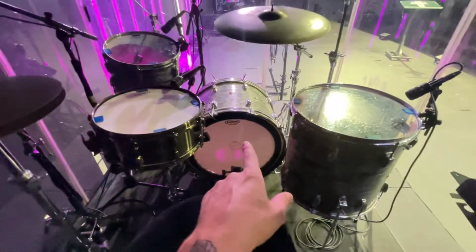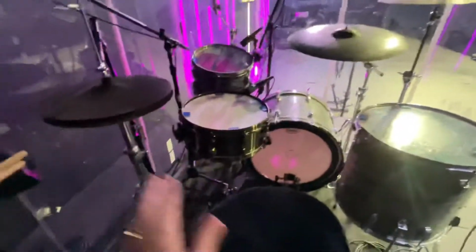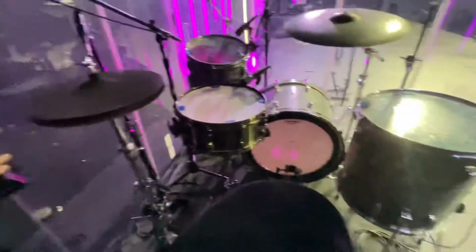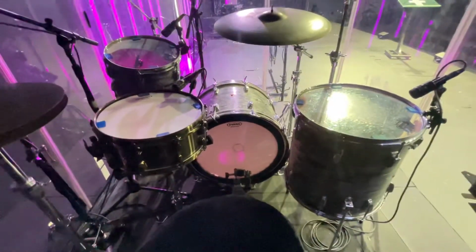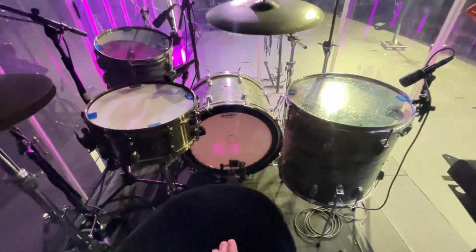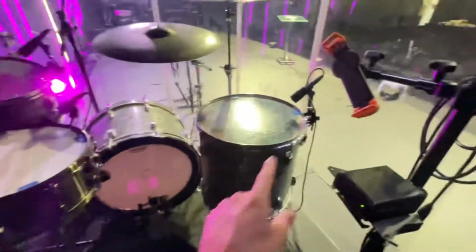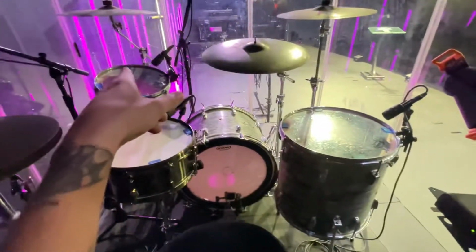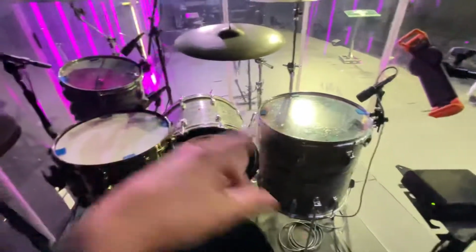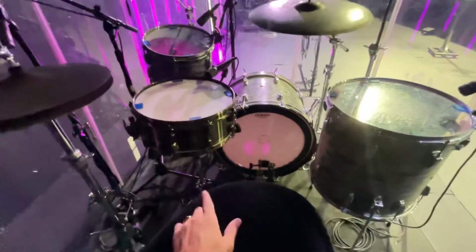So we run kick, snare, 2 toms, ride, crash, hat, and SPD SX. In terms of mic'ing, we mic both. We mic the kick twice, so we've got an SM57 in there and a Shure Beta 91, and then we've got Audix D4 and D2 on the toms, and then snare top is an Audix R5,